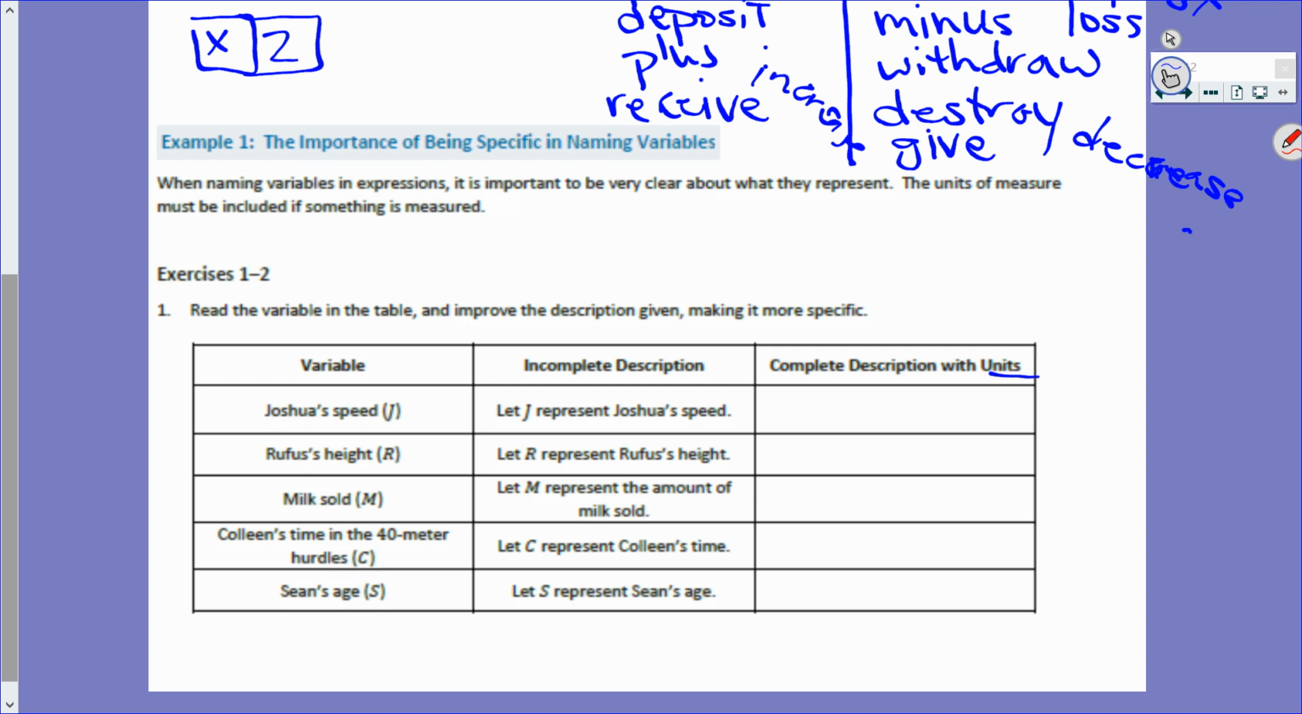By what? And what kind of time do I run that in? Meters per second. That's more specific. Good job, Aiden. So I could say J equals Joshua's speed